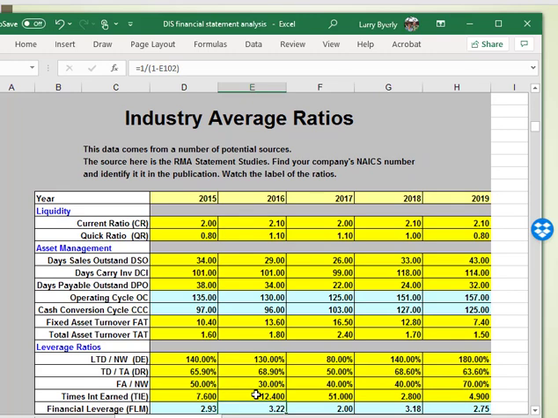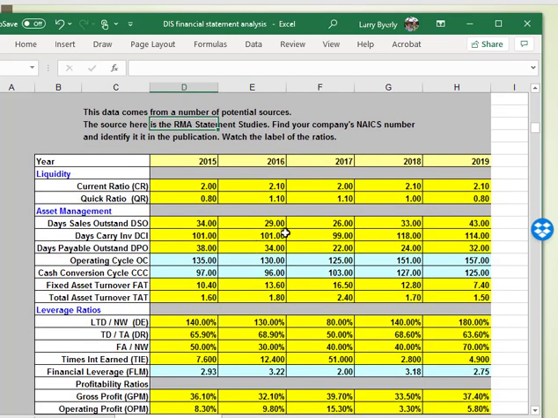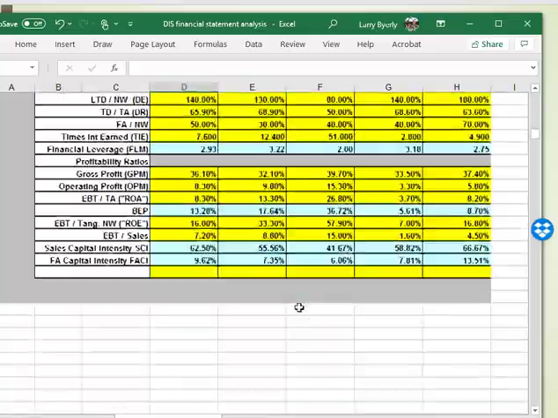industry average ratios. Now you're going to need to get this data from a library. Our library has it. It's called RMA Statement Studies, a publication that has industry average numbers for the ratios. So you gather this book and find your company's NAICS number. You can just Google that to find out what number to use for your company. Find that in the publication,